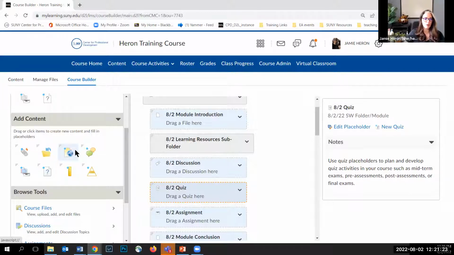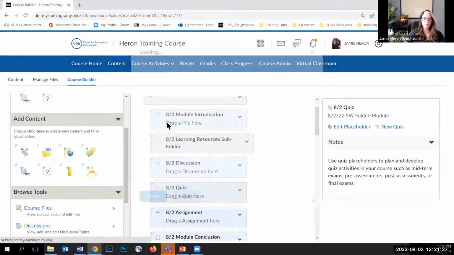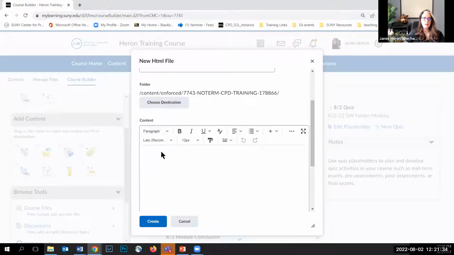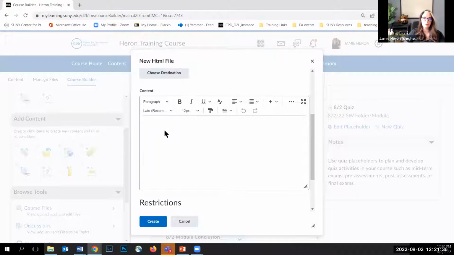So I drag and drop this create an HTML file right on top of that placeholder that I created. You'll notice that it inputs the name of my placeholder there for me. And then it gives me an option to start creating content. So if I actually wanted to create page content here, I could. But because I want to demonstrate to you the document templates, I want to show you how to add a template instead of creating the content right here using the rich text editor. So I'm going to make myself a note and use the module